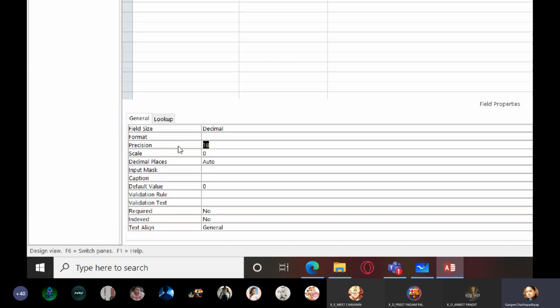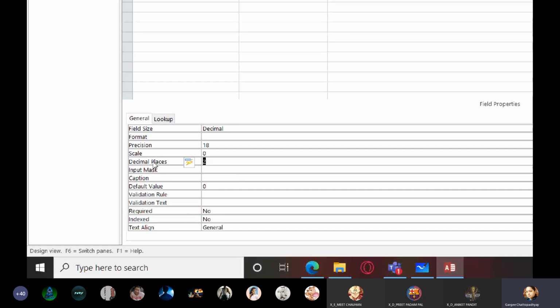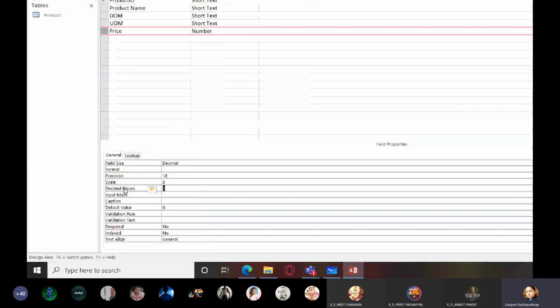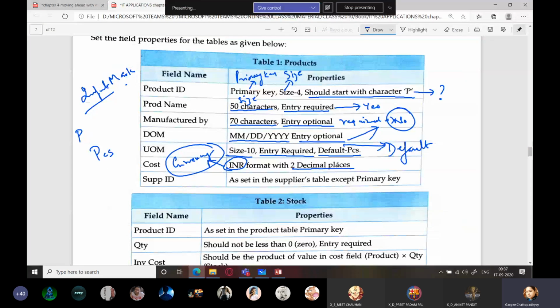I can simply take the precision means total number of digits, right? And how many decimal places after that? You can see it from here. I just want 2 decimal places. So I will be using which property? Decimal places. Okay. So for this, it will be what? Indian rupees format. You have to simply take currency and take up how many? 2 decimal places. So property will be decimal places.